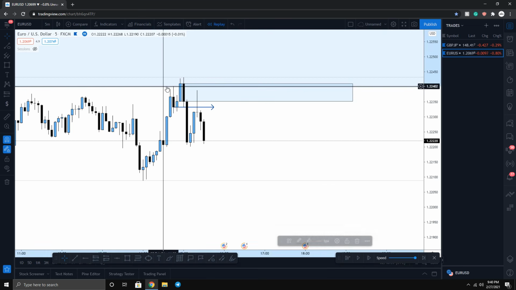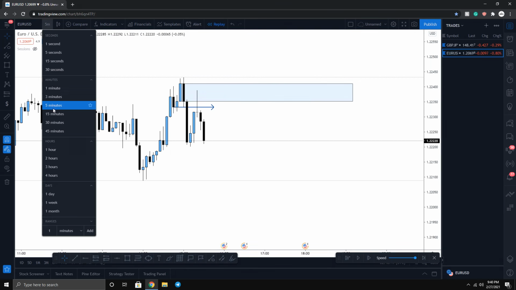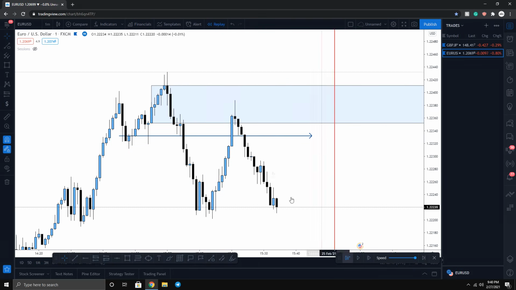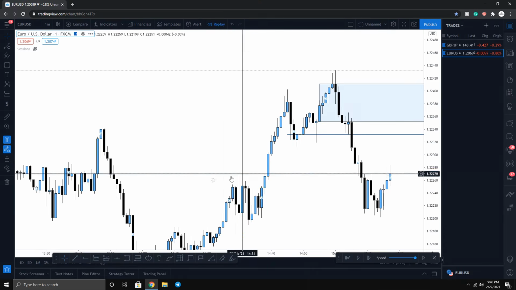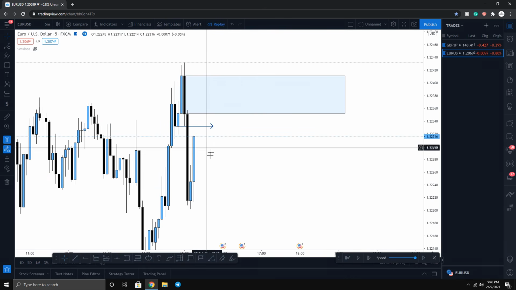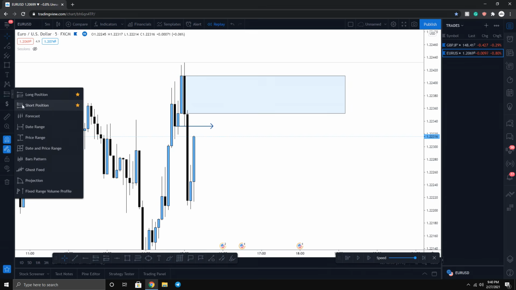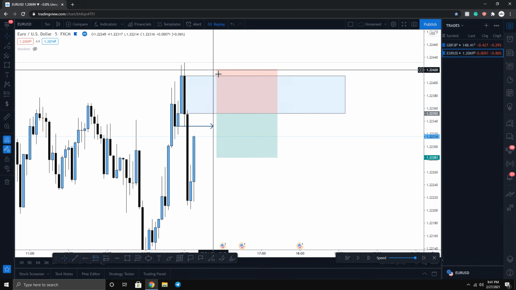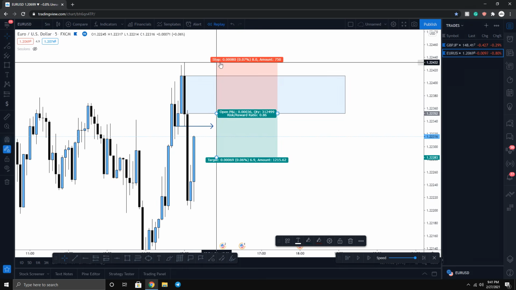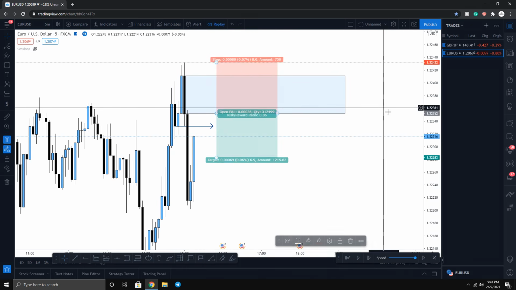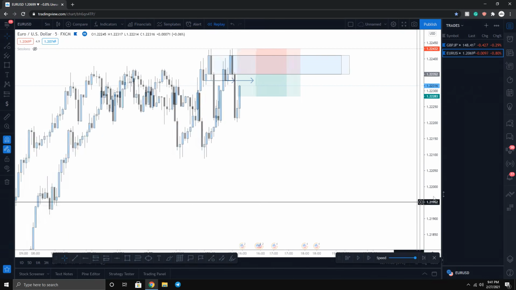Now we can delete this, obviously. And if you go towards the 1-minute time frame, you can see right over here we actually got this push. So I'm going to go back right over here. After highlighting that order block, which I did on the 5-minute, all we did after the break of structure was wait for price to come back into this level. Entry would have been on the open of this order block right here, and stop loss can either be the wick high or the order block high. It does not matter. For me personally, I just put it at the wick high for 8 pips.